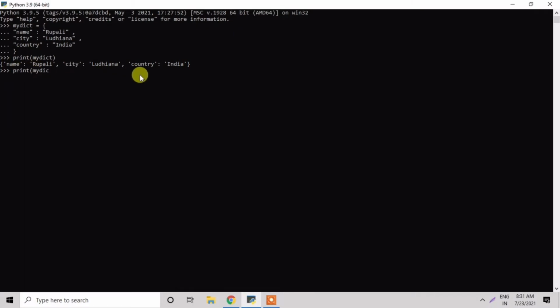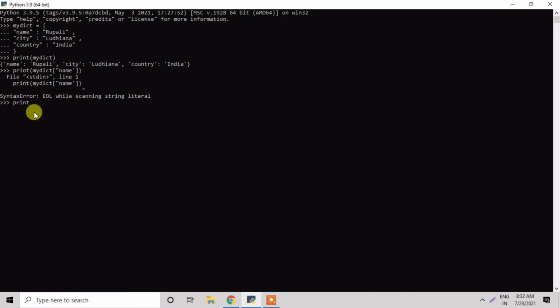If I want to access a single value, it can also be done with myDict, and then I want to print the name value. You can see there is a mistake here, as I have not put the inverted commas twice.